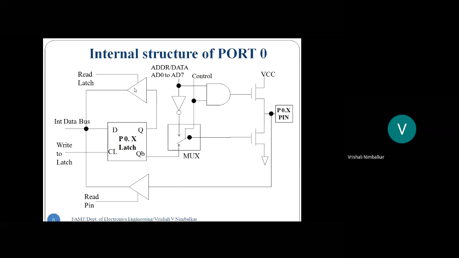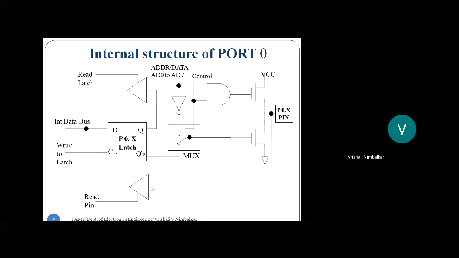And they are tri-stated. It means, see at the center, that's an enable signal. What is the enable signal? Read latch. Where is the enable of the buffer connected? To the read latch control signal. That's internally generated. Now, whenever the buffer is on, the data gets transmitted. And whenever the buffer is off, it is tri-stated, meaning electrically disconnected. Who controls the on and off of the buffer? That's the control signal read latch.